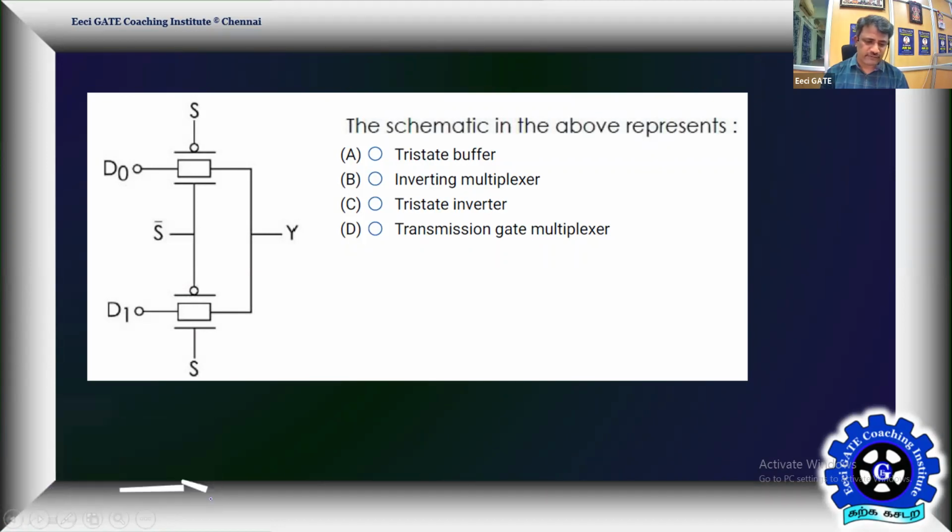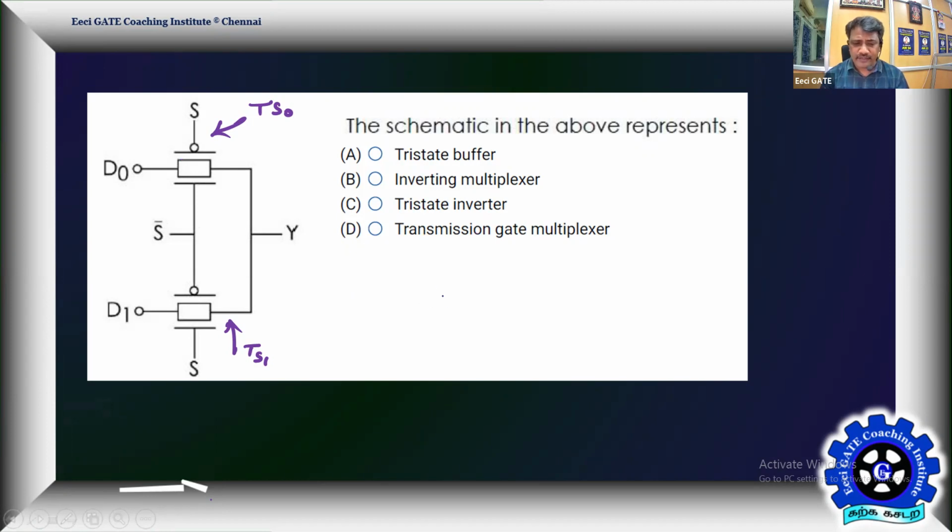In fact, one of the interesting things I used to begin with in digital logic is the transmission switches. So what we have is a transmission switch 0, and a transmission switch 1. What is a transmission switch? We should know that. It's a transmission gate, TG, or what we call a transmission switch.